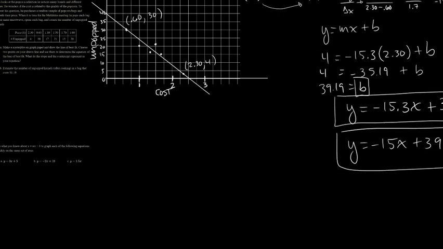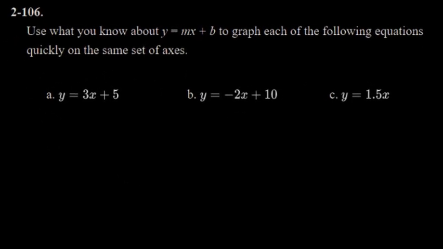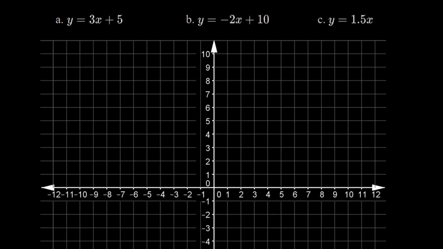All right, finally, let's move on to our last question for this problem set. It says, use what you know about y equals mx plus b to graph each of the following equations quickly and on the same set of axes. Okay, so here's a reasonable set of axes, and the first problem I have has a y-intercept at 5. I guess I'll do these in different colors. I'll do this one in this red. So I'll put a small dot at 5,